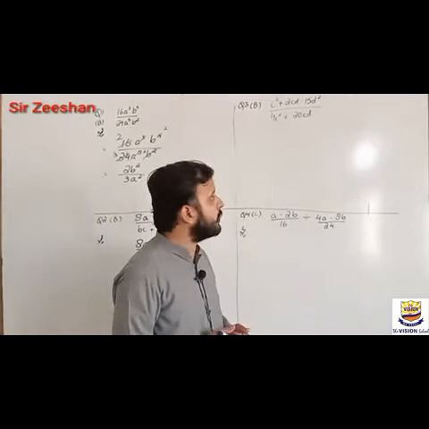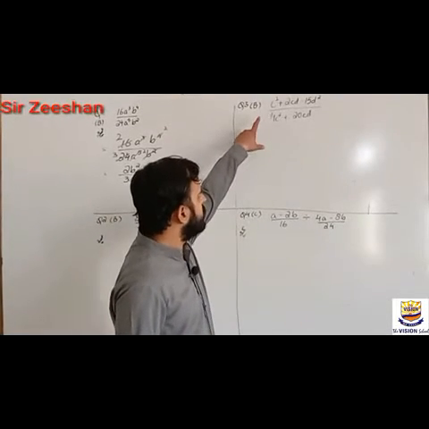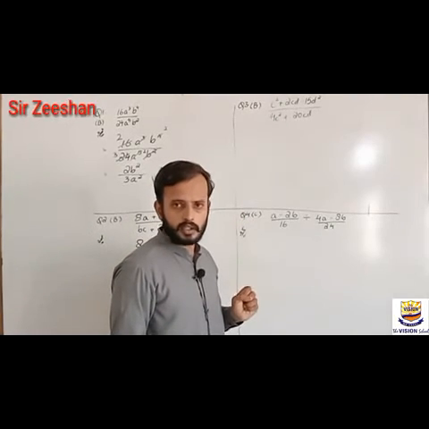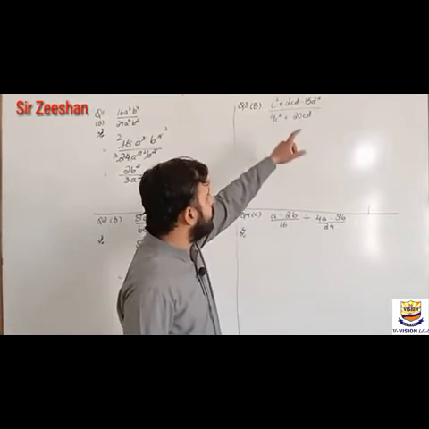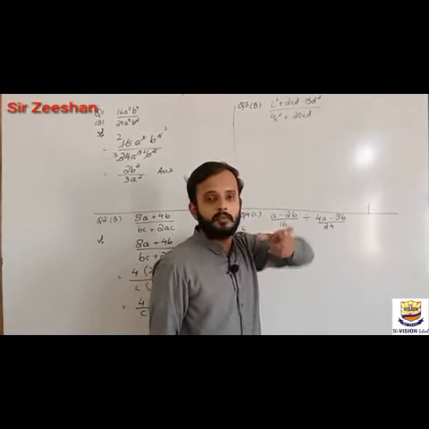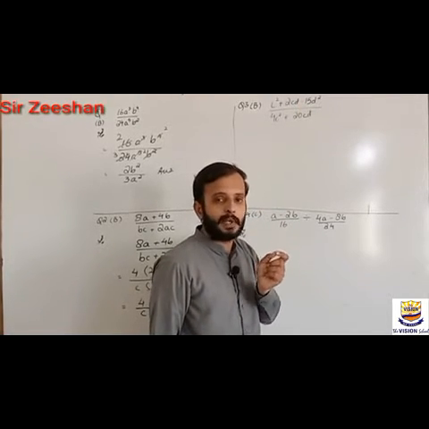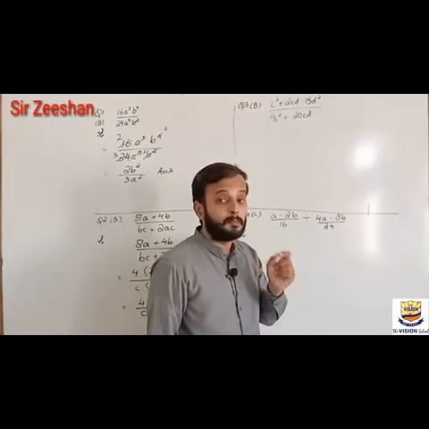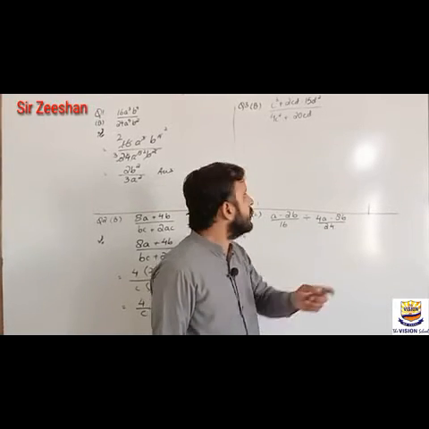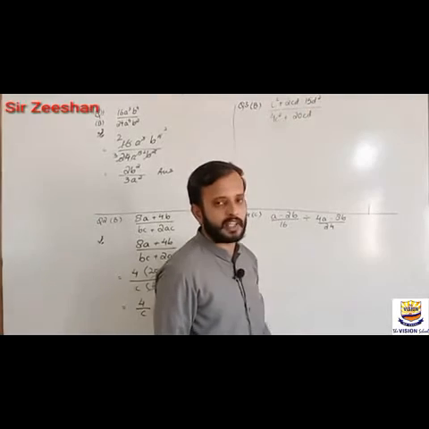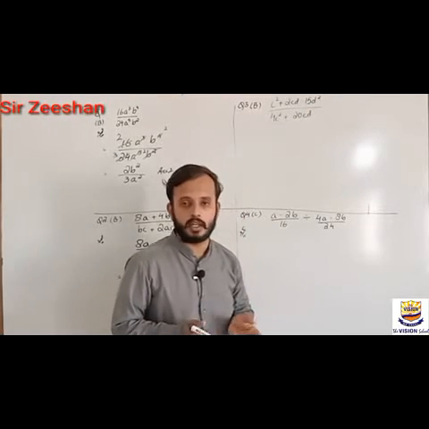Yes sir, we can apply one formula. Which formula, sir? We can apply the formula of a plus b whole square. Yes, we can. No. Why? Because the last term is in minus. If you look at the formula, that is a square plus 2ab plus b square, or a square minus 2ab plus b square. But the last one, d square, is not positive. That's why we cannot apply the formula on that.